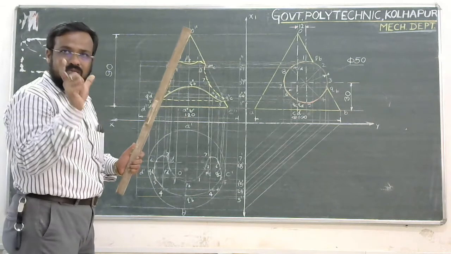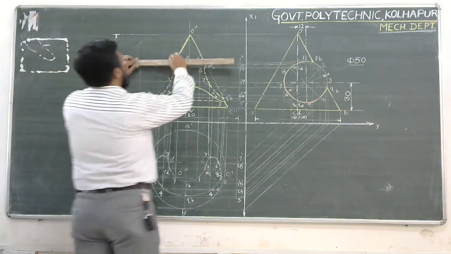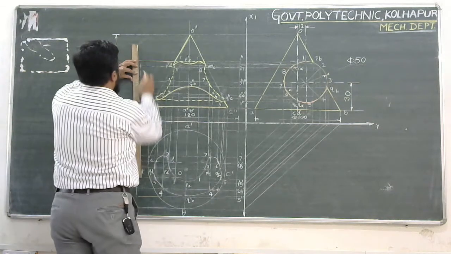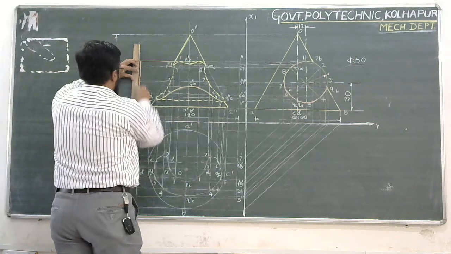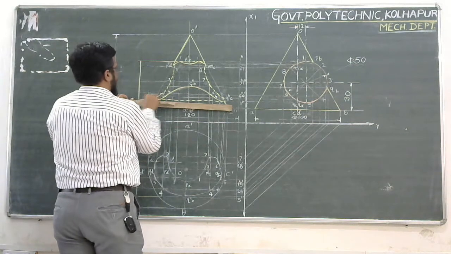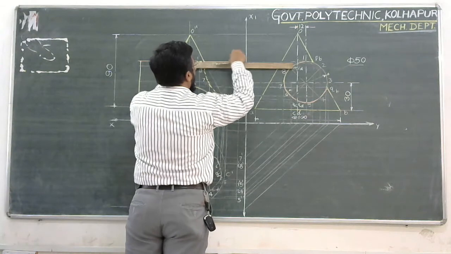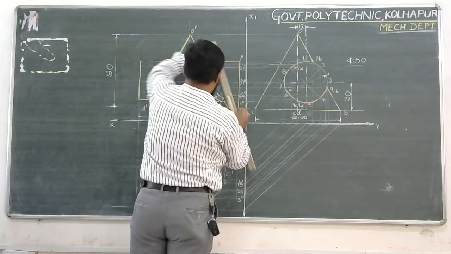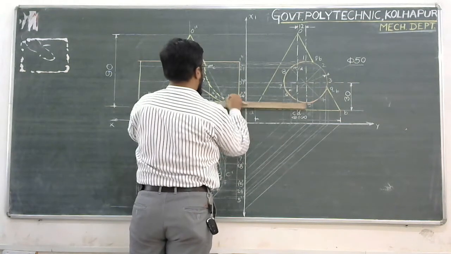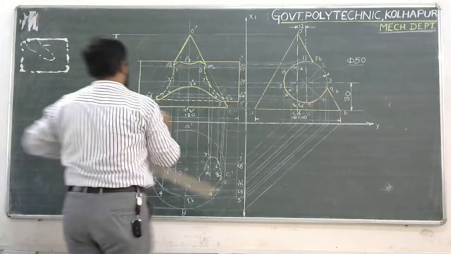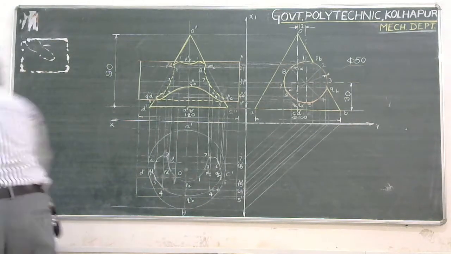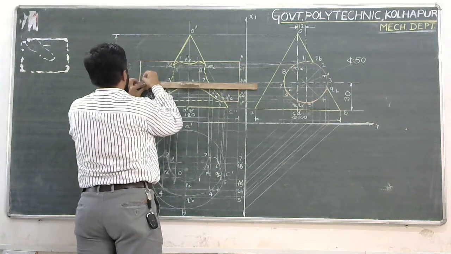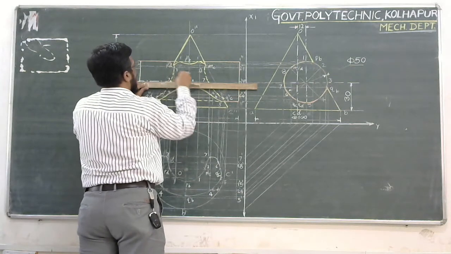Now the part of the second object, the solid that remains, is a cylinder, which is outside of the cone and is visible. I may have to take this as a continuous line. So this is the reference of this cylinder in the front. Okay, what is the axis of the cylinder? This is the axis of it. I will show it as an axis so that we can better visualize.